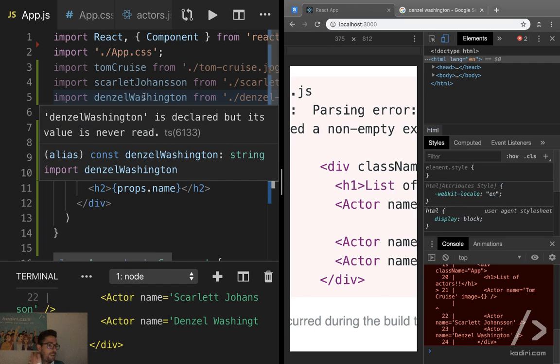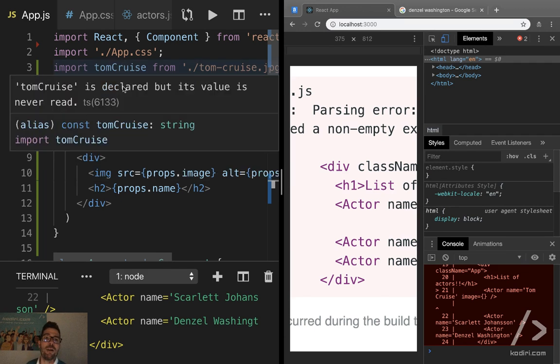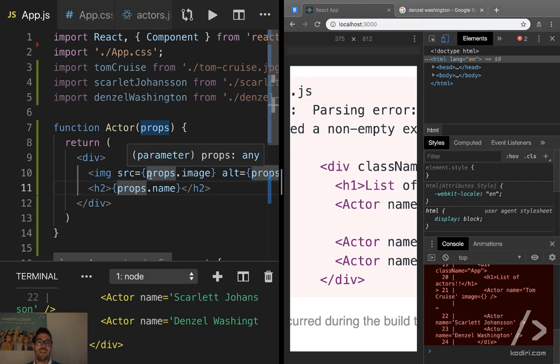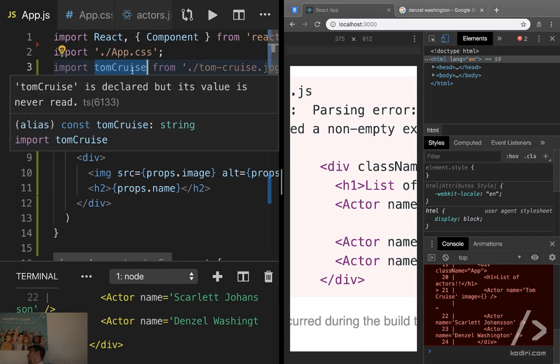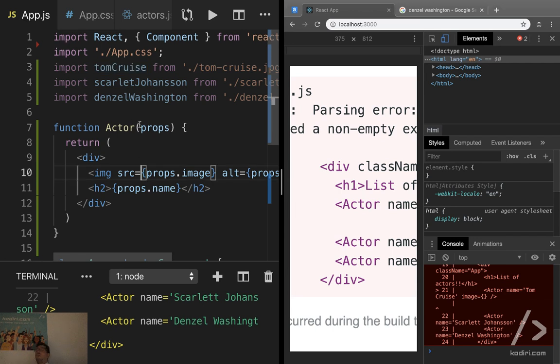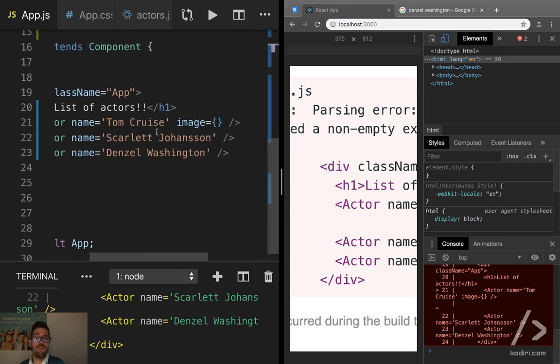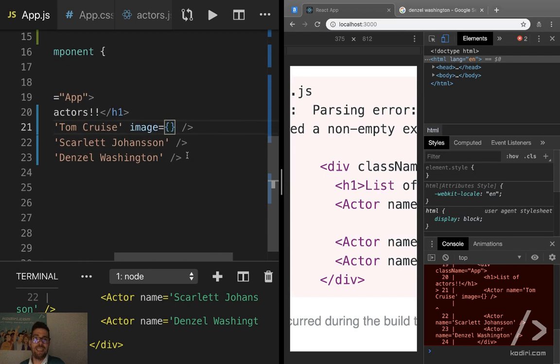Maybe you notice, or maybe not, that the images are, at the moment, grayed out. Can you see that? Compare the color of that variable with the color of that variable. The opacity is not the same. This is because Visual Studio is telling you, hey, be careful. Why do you need that if you're not using it? It's a good visual way to realize that something is unnecessary. It is at the moment because we are not using them, but that's just a temporary situation because in 5 seconds I'll drop image equals Tom Cruise,